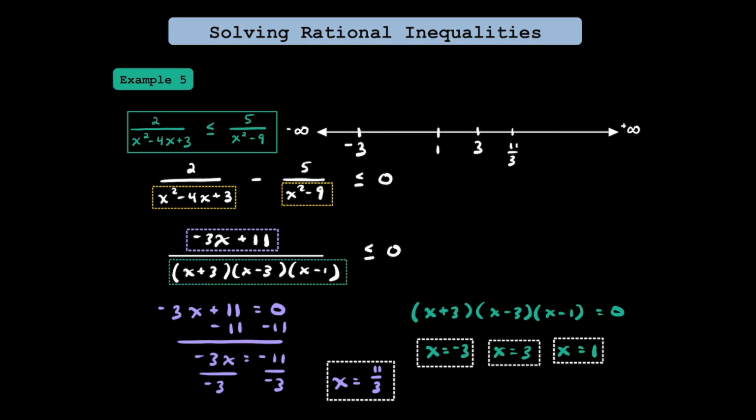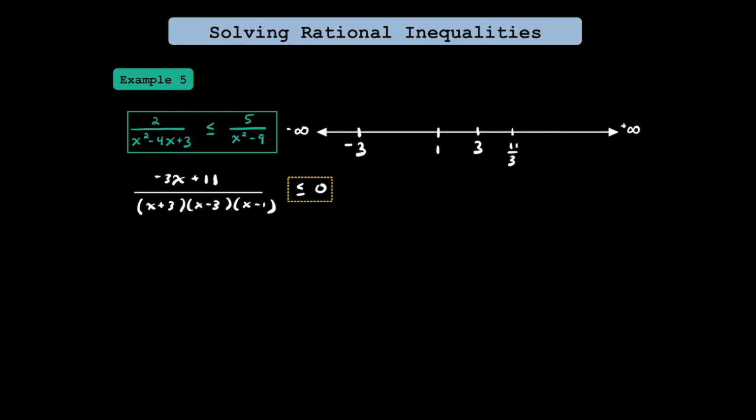Remember, 11 thirds is the same thing as 3 and 2 thirds. Let's see if we should have open circles or closed circles. Since 11 thirds came from our numerator and our inequality says less than or equal to 0, we know we have a closed circle on 11 thirds. Since all the other important points came from the denominator, we need to put open circles here because they're vertical